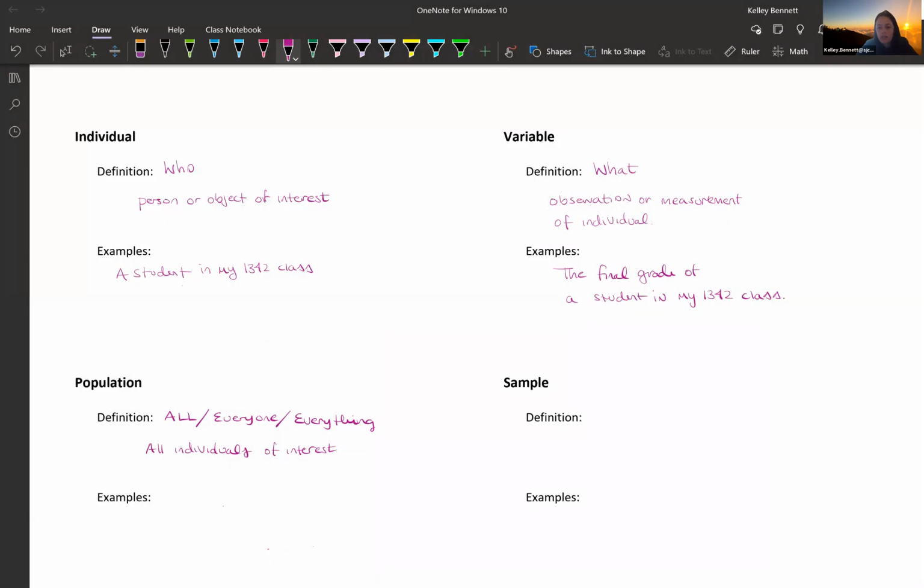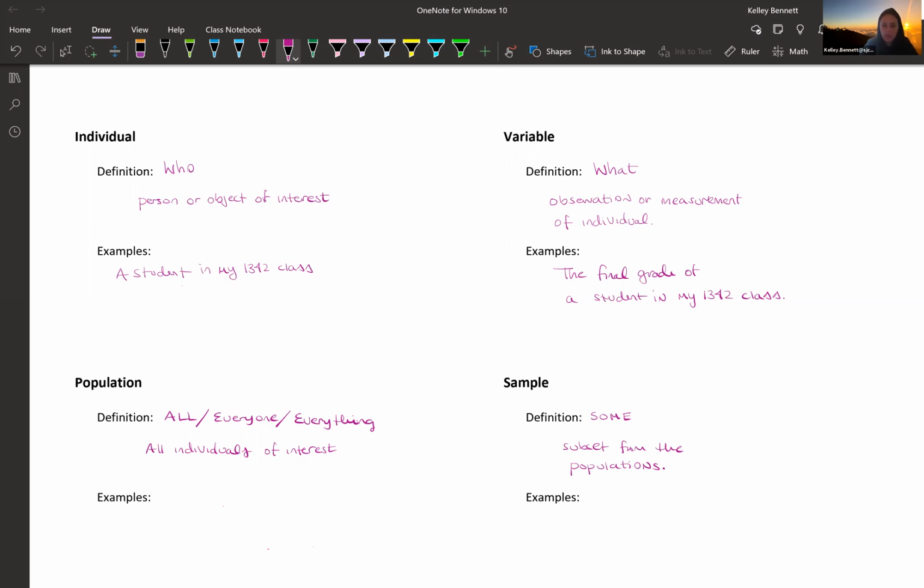For a sample, this is just going to be some. This is just going to be a subset from the population. You can have good samples, you can have bad samples, you can have big samples, you can have small samples. And we'll talk about all those things as we get into sampling, bias, etc. But for now, just think about it as all, that's your population, and some, that is going to be your